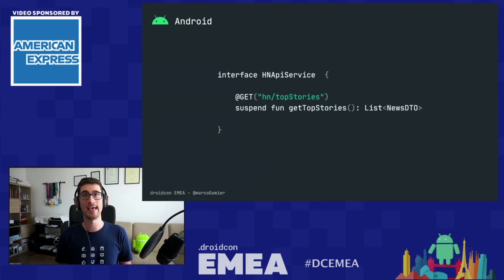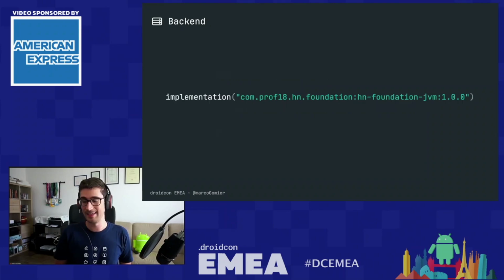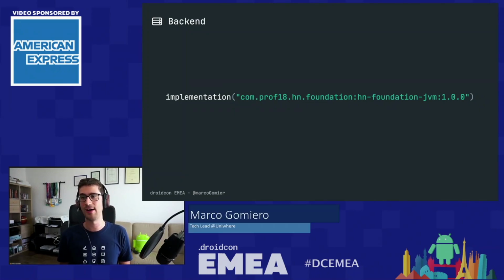And next, we can use that dependency in our network call. And basically, that's it for the Android client. Of course, if you want to have the complete code, you can look in the GitHub repository. And for the backend, we have to define, again,